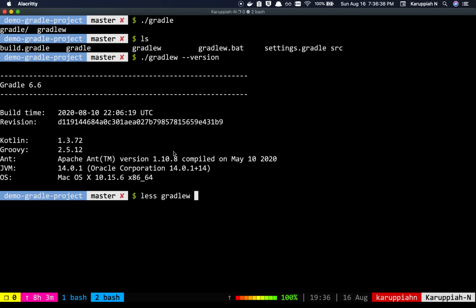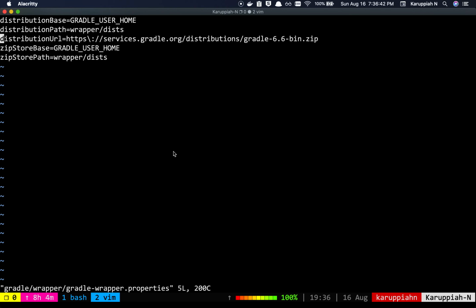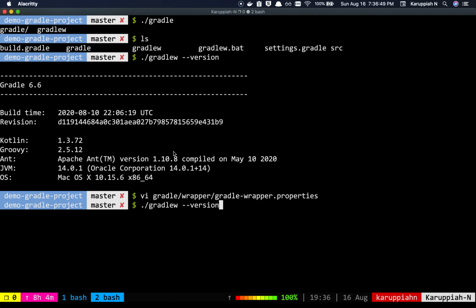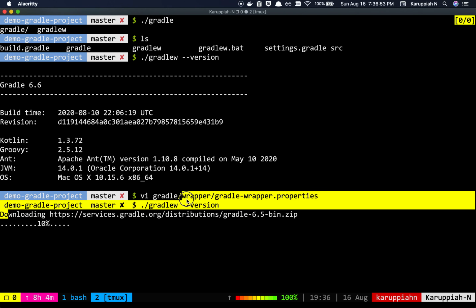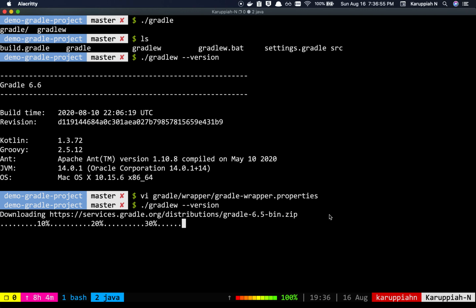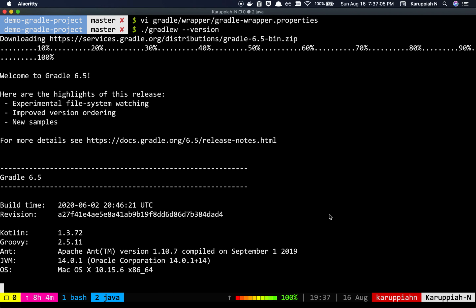And if I want to use a different version, let's say I want to use 6.5, if I do gradlew --version, it will download Gradle 6.5 for me, if you notice here. Awesome.